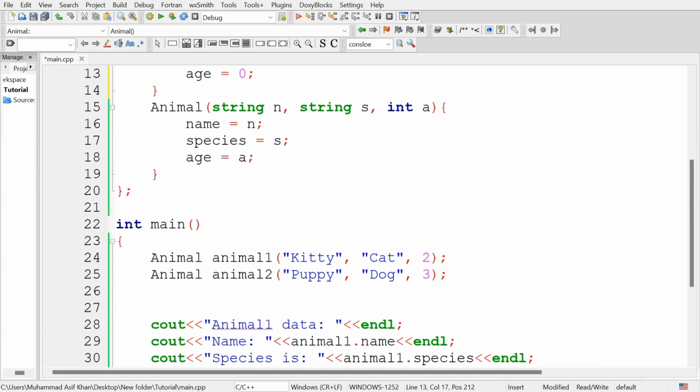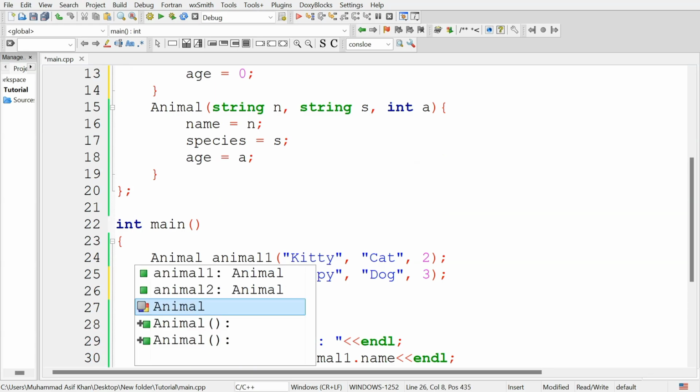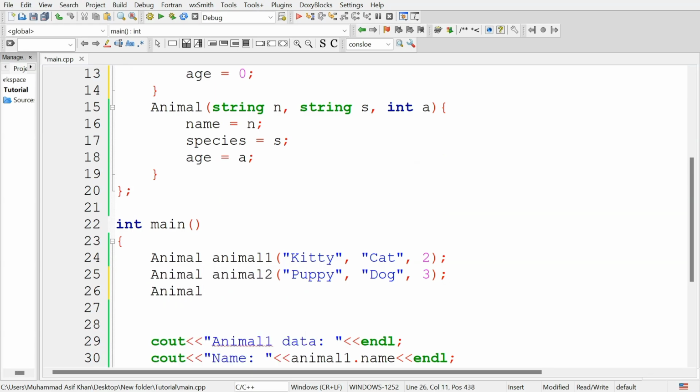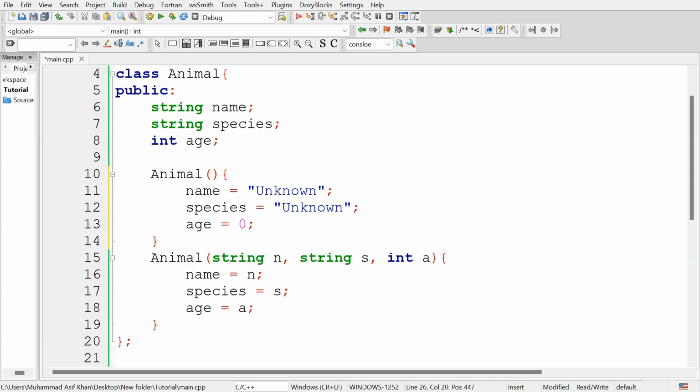Now if we create an object of type animal and name it animal 3, and we do not give this object the values for the different attributes, this will run the animal constructor without parameters and will store the default values for the attributes: name unknown, species unknown, age 0.